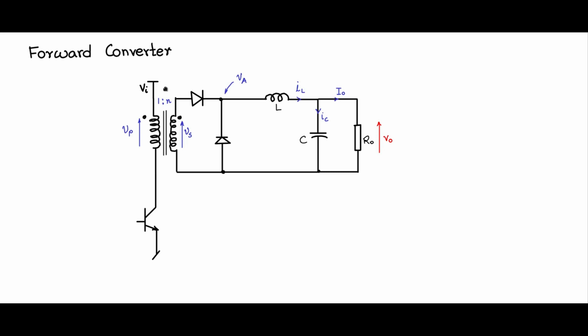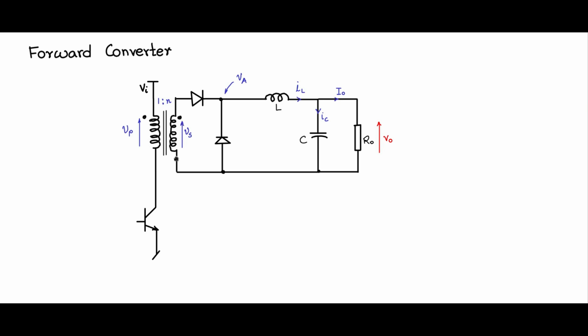So observe here that the circuit is still incomplete. Let us see what happens. Now let us say this transistor is on. The moment the transistor is on, there is going to be a magnetizing current that is going to flow here, and the reflected load current also will flow through here. When you switch it off, the inductor will freewheel. There is a reversal of polarity. The dot will become negative, the non-dot end will be positive.